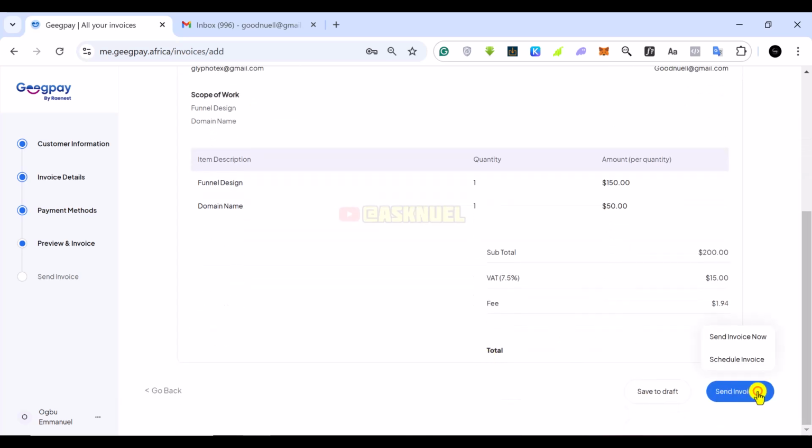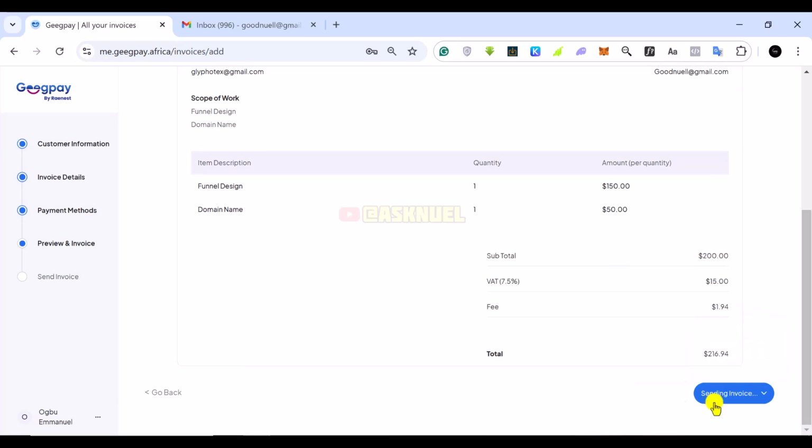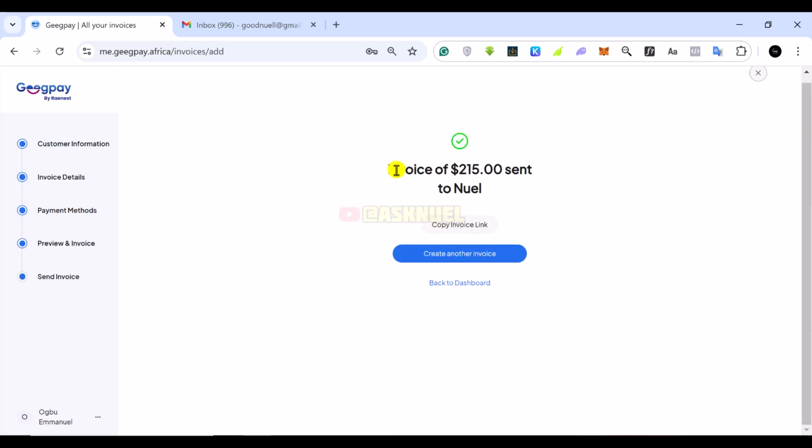You come here where it says click send invoice. You can send it now or schedule it to go out later. So I'm just going to send it now. And remember, we provided an email address, and that's why we provided this email. So as you can see, the invoice has been sent to Noel, and the total amount they are going to pay is $215. So you can create multiple invoices if you wanted, but let's go and see if we actually